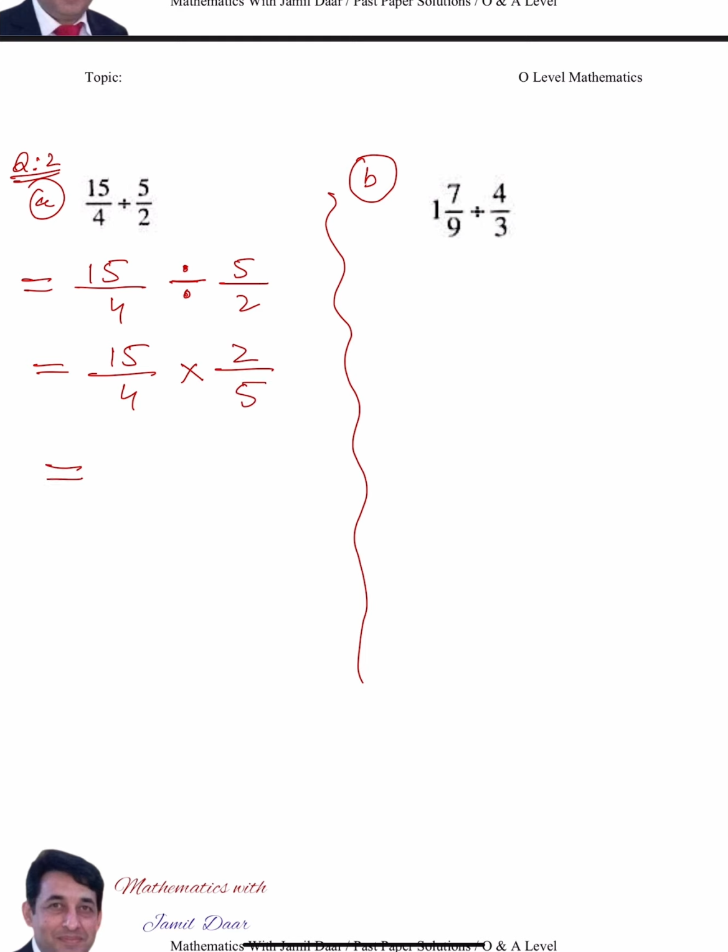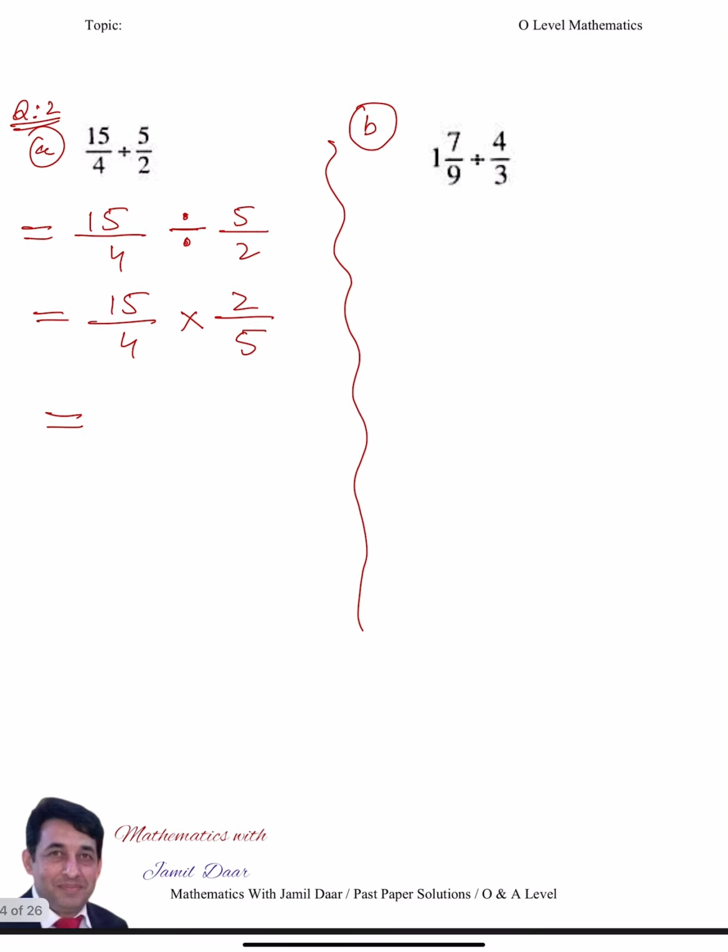Now, the same as we did before in the previous one, we can cancel any of the numerators with any of the denominators when there is a multiplication sign. So we'll cancel: 5 ones are 5 and 5 threes are 15, and 2 ones are 2, 2 twos are 4. So 3 times 1 over 2 times 1, and this will become 3 by 2,